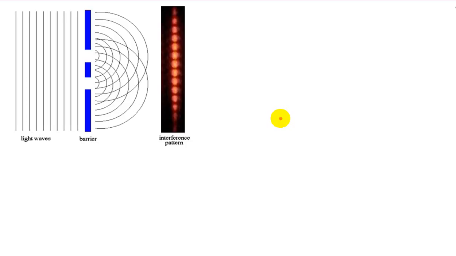So what we're going to look at here is Young's double-slit experiment and an example of how to calculate the wavelength of the light. In the lab we had a laser, and that laser was travelling in this direction, and these waves here are the wavefronts that are propagating towards the screen. So here's your screen here, and that's a diffraction grating, and we had a distance in that diffraction grating of,